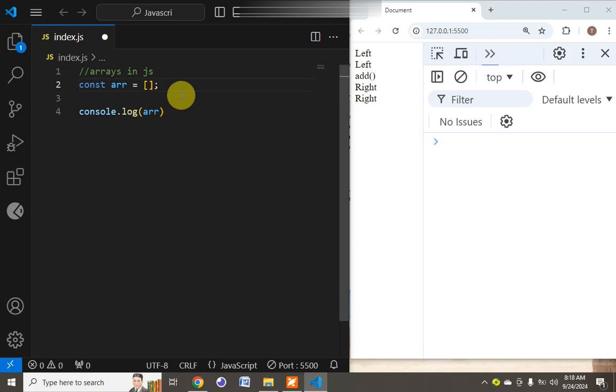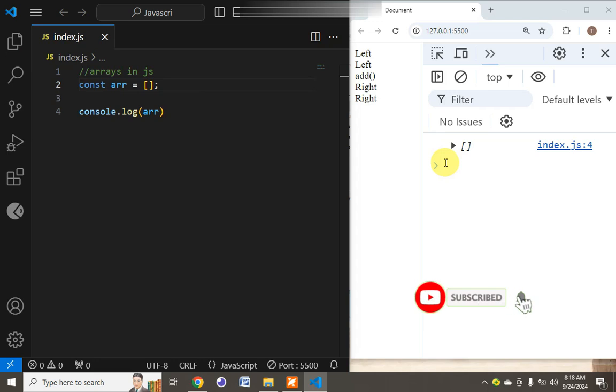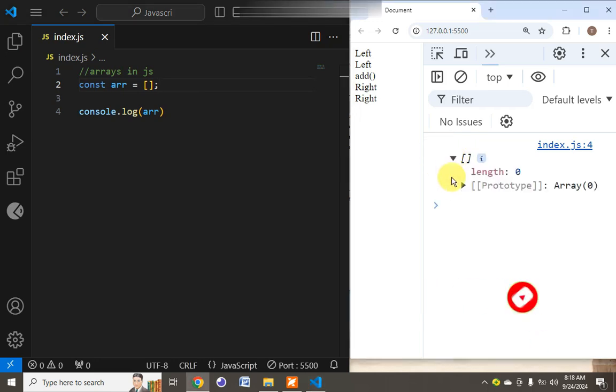And I have gone ahead to console log the array so that we can have a look at what it contains. As we indicated and demonstrated in the previous tutorial, this is an empty array. It contains nothing, so its length is 0. And if I can recap on what an array is,